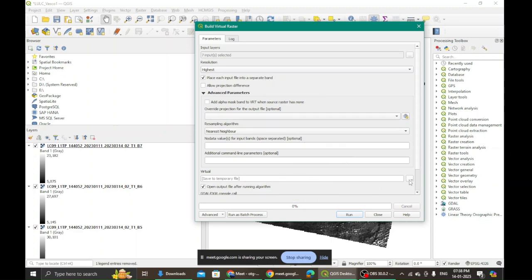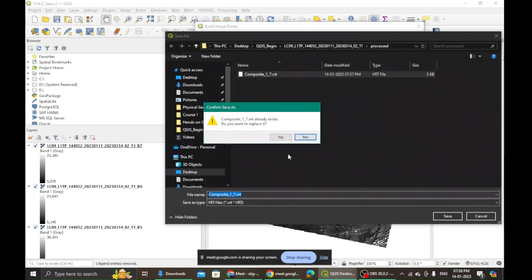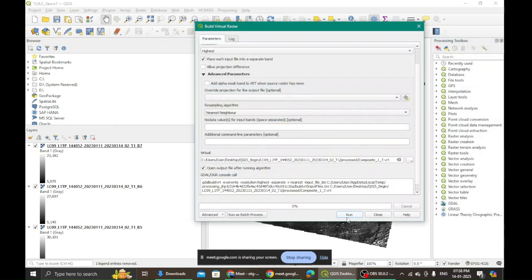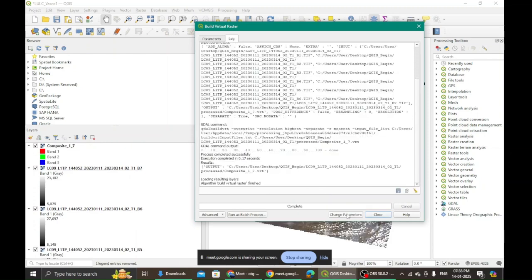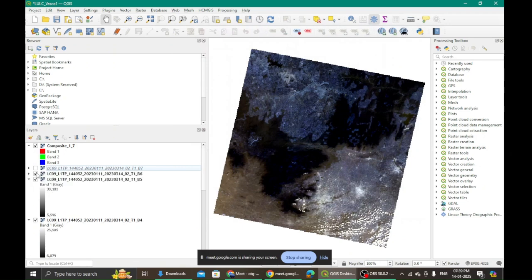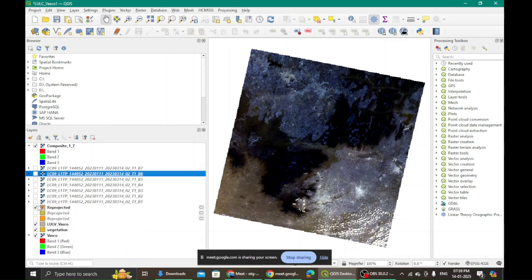Next, I go and save this particular file. I will give it the same name. Yes, I want to replace it, because last time I made a mistake, and this time I am using the same name and running it. Once I run it, you will see the composite comes, and you have 3 different colors: RGB, red, green, and blue. I close this, okay, and now what do I see? Now I see that my bands have been stacked together. I will just collapse all this, or otherwise it will simply show me all the color stretches.